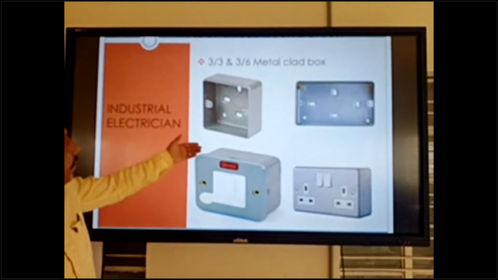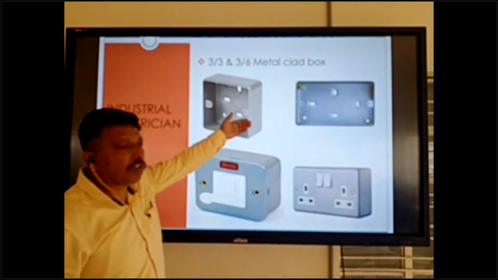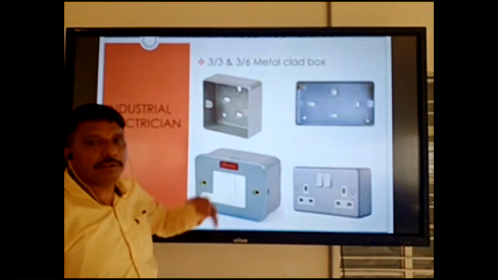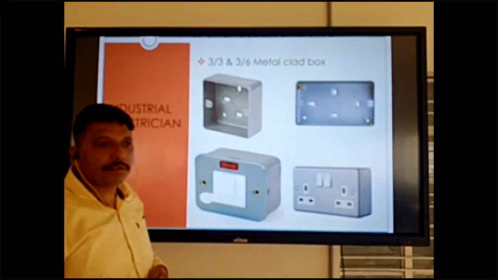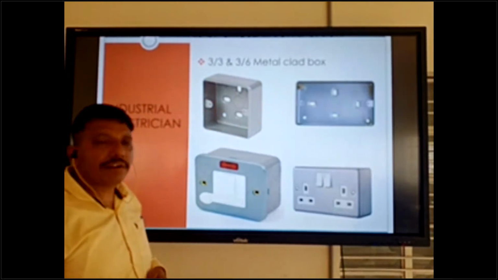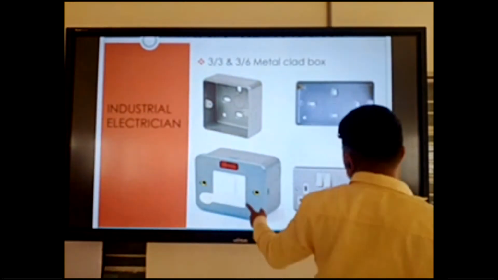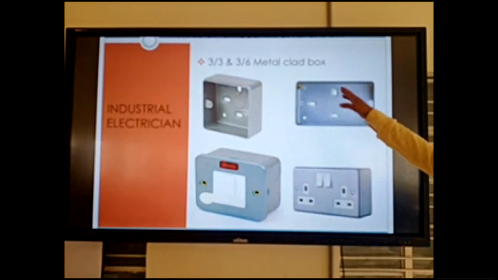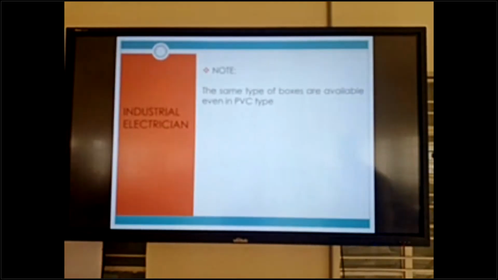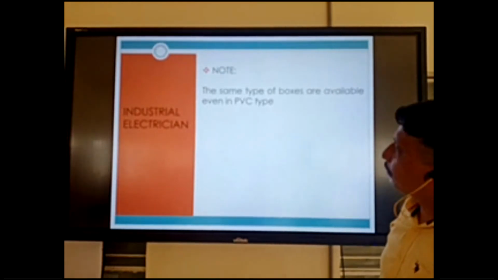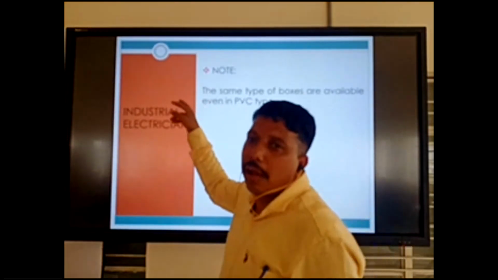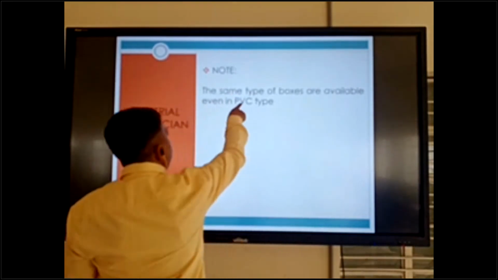So this flat metal clad box is used for surface only, not concealed. Concealed we can use GI 3/3 and 3/6 boxes. Okay, so next one. I already told before, and this is the note.